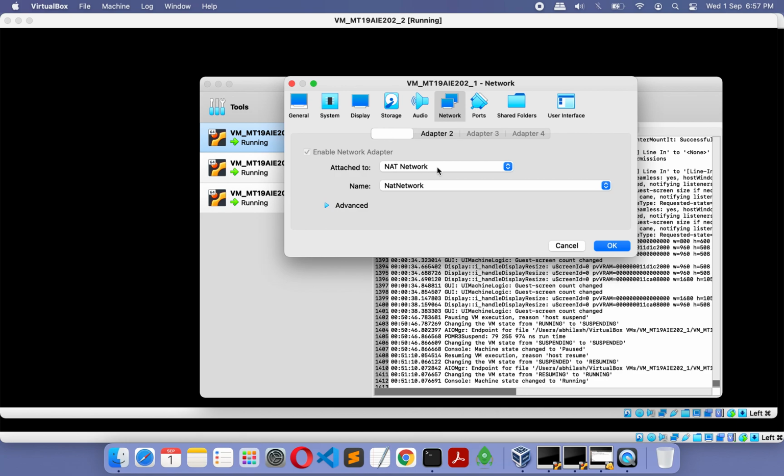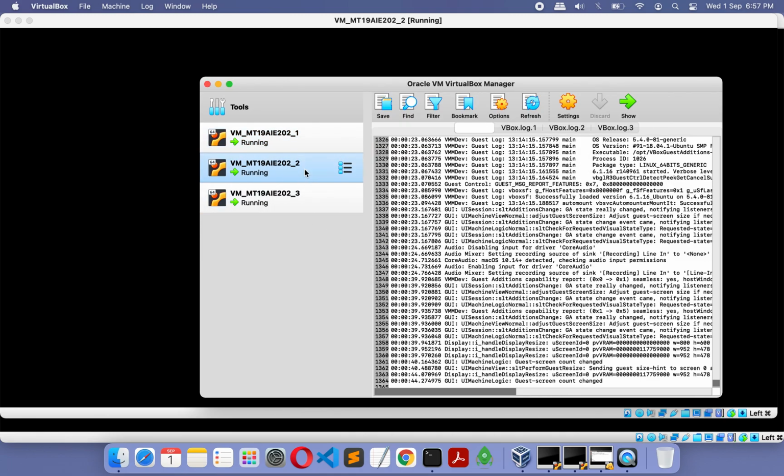For Adapter 1, we have set the NAT network. The NAT network allows this machine to interact with the outside world, that is, the internet. For Adapter 2, we have set a host-only adapter. The host machine will be able to communicate with this machine. As I said, PHP and Apache are hosted on this machine, so the host machine will call this machine to access the web application.